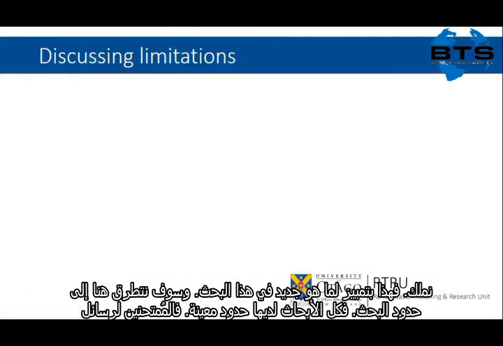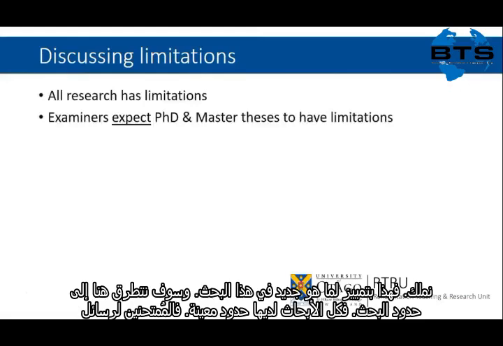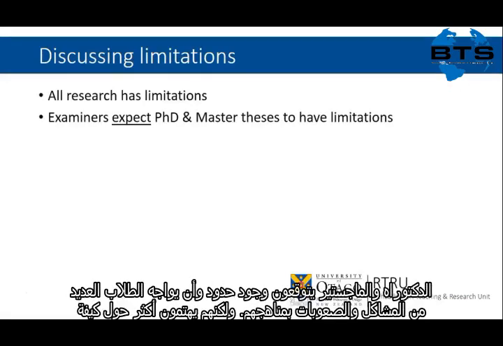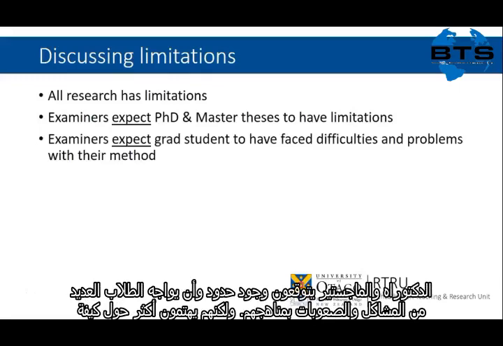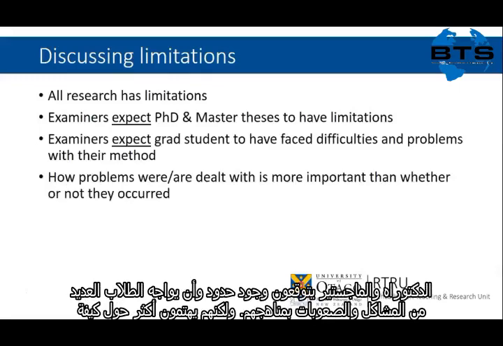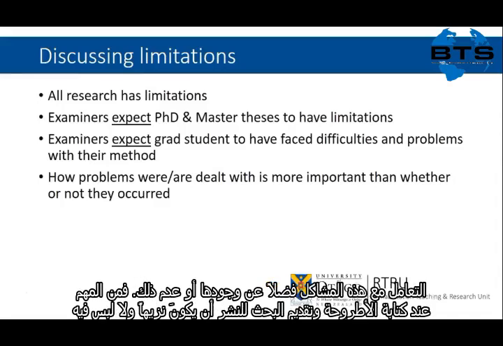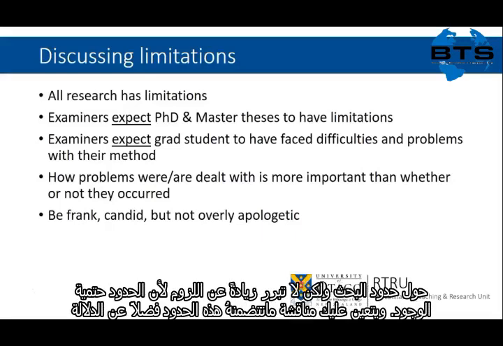When discussing the limitations of your research, you want to remember that all research has limitations. Examiners expect PhD and master's theses to have limitations. They expect graduate students to have faced difficulties and problems with their method. And so examiners of theses are more concerned with how problems were dealt with than whether or not they occurred. So it's important both in writing a thesis and in presenting research for a published article to be frank and candid about the limitations of your research, but don't be overly apologetic,